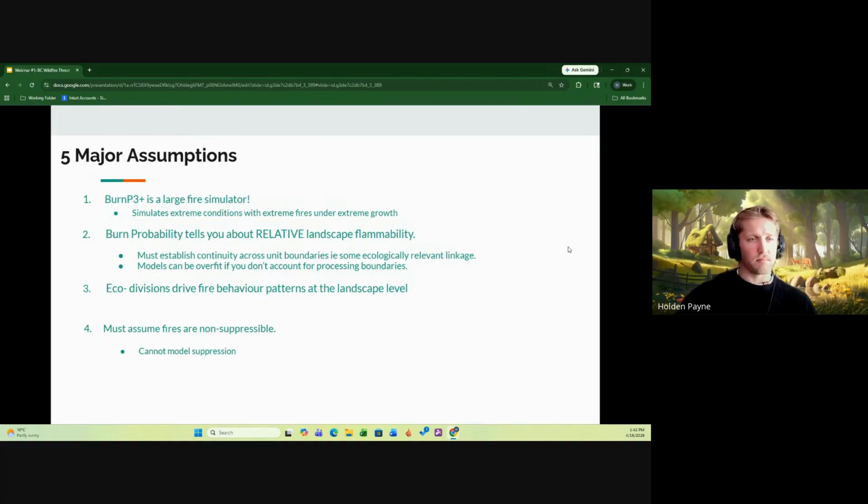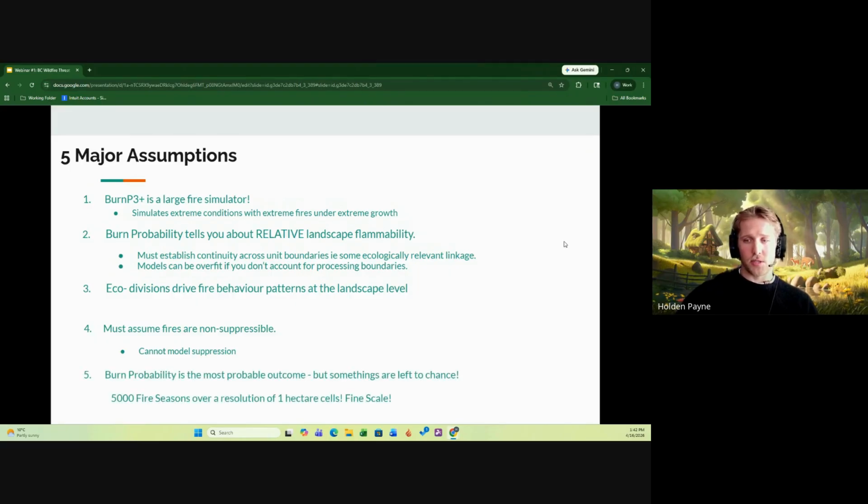And I can touch upon how we looked at the accuracy and results. And then finally, burn probability is just the most probable outcome. So it's a relative probability. It's not absolute. It's saying this is the most likely outcome if you've done your due diligence and built a good model, but some things are left to chance. There's some likelihood that a fire burns somewhere else that didn't happen to burn in our model, and that's not necessarily because this is not a good capture of the fire behavior patterns and probability, but just that some things are hard to predict.